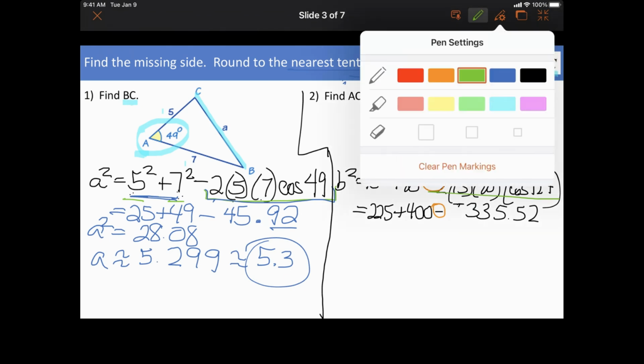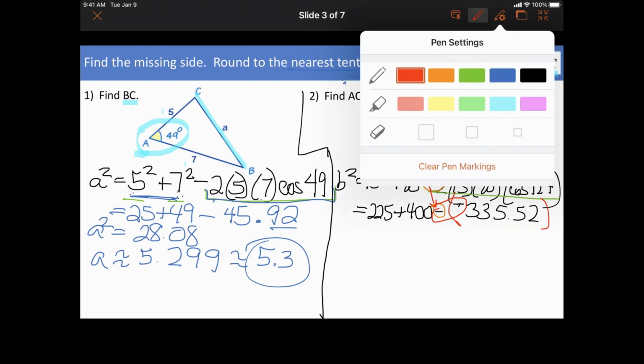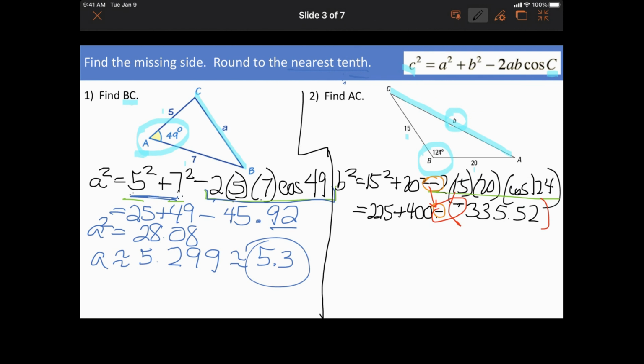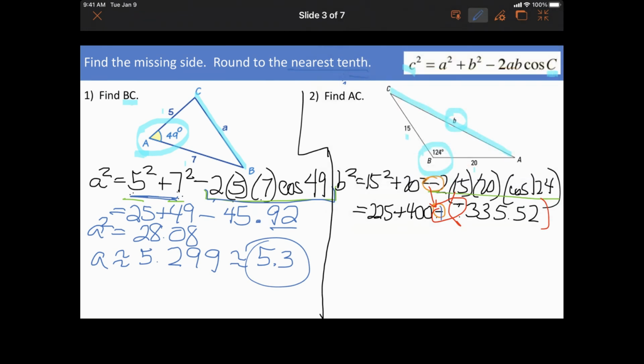Please note that. So again, this negative came from here, and this negative came from this whole thing. So we're actually going to be adding these two. Negative and negative is the positive. Okay, so